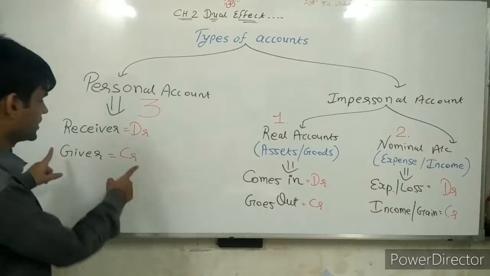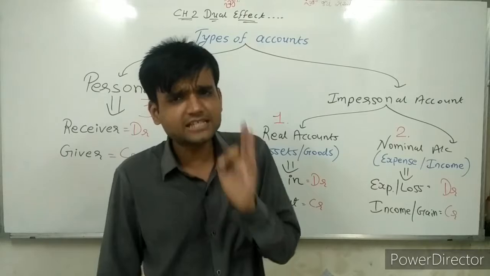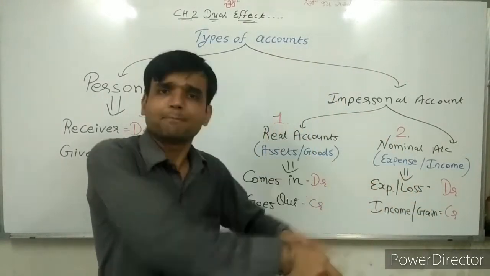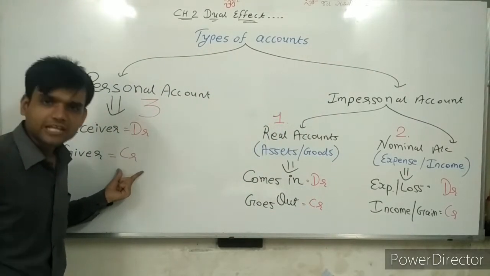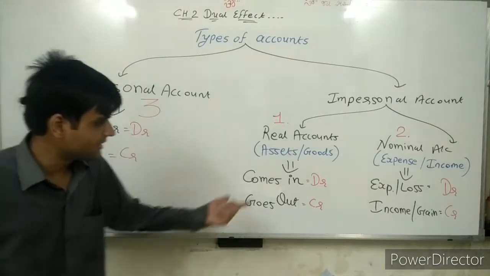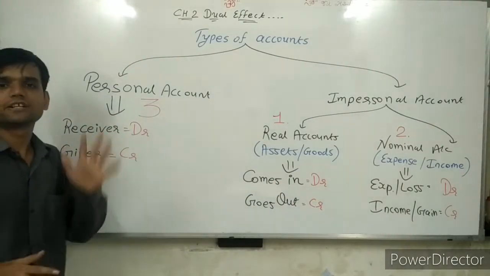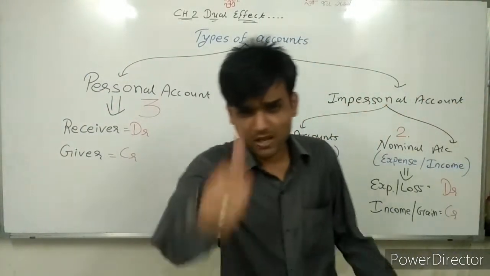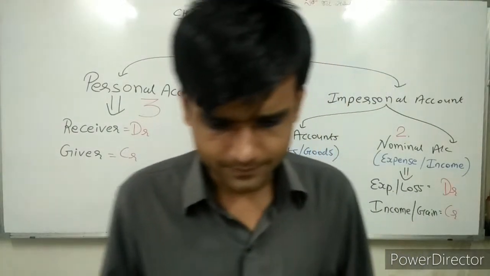Nothing else applied. Here the owner is a giver, and whatever the owner gives is called capital. So I have to write Ranchod capital account credited. So in this way, I applied cash account debited, Ranchod capital account credited, because Ranchod is the owner of the business. It's my first transaction. First transaction. During the next transaction,